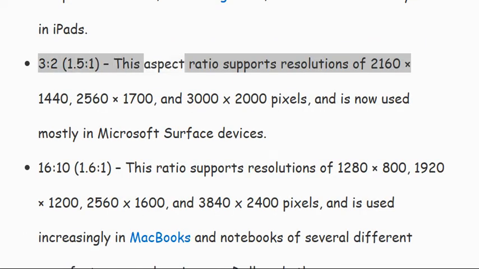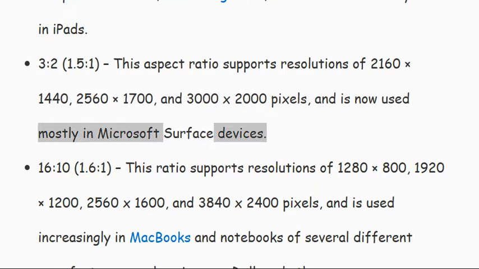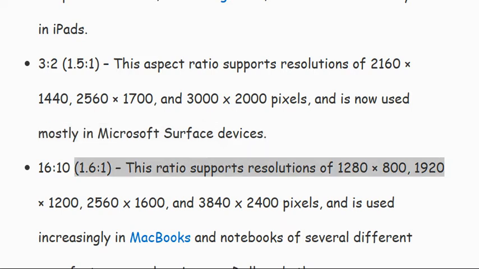3:2, 1.5:1. This aspect ratio supports resolutions of 2160 x 1440, 2560 x 1700, and 3000 x 2000 pixels, and is now used mostly in Microsoft Surface devices. 16:10, 1.6:1.